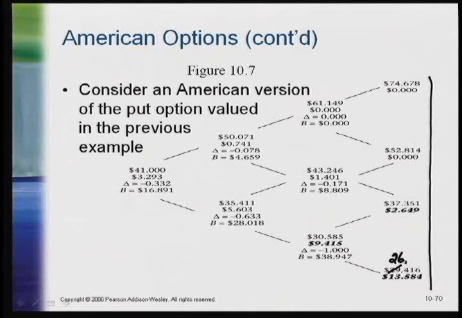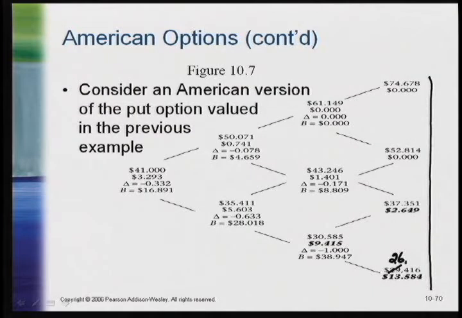And you would observe this if you look back at the earlier tree where we evaluated the European call. You would find that the call value at each node was in excess of its exercise value, confirming that even if we had the option to exercise, we would not. But here for a put, we can consider early exercise. And early exercise is identified by bold-faced price. So, for example, at